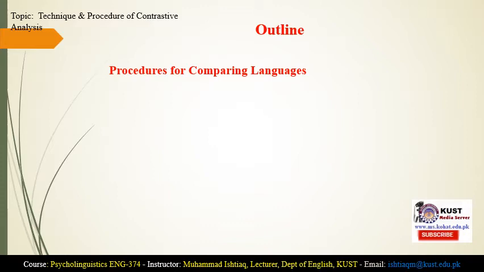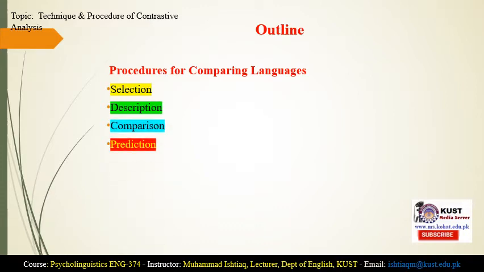This lecture will cover procedures for comparing languages. And what are the procedures or techniques for comparing languages? It has 5 different aspects. Number 1, selection. Number 2, description. Number 3, comparison. Number 4, prediction. Number 5, verification. So procedures and techniques for contrastive analysis, comparing and contrasting two languages, involve 5 major processes